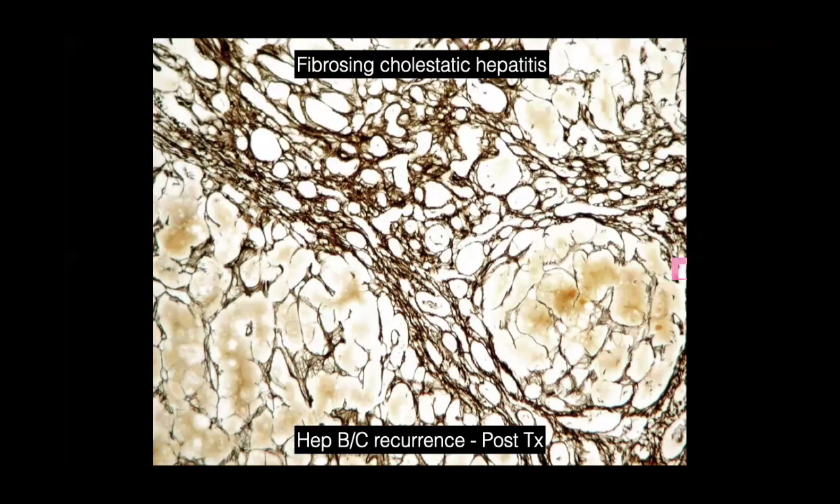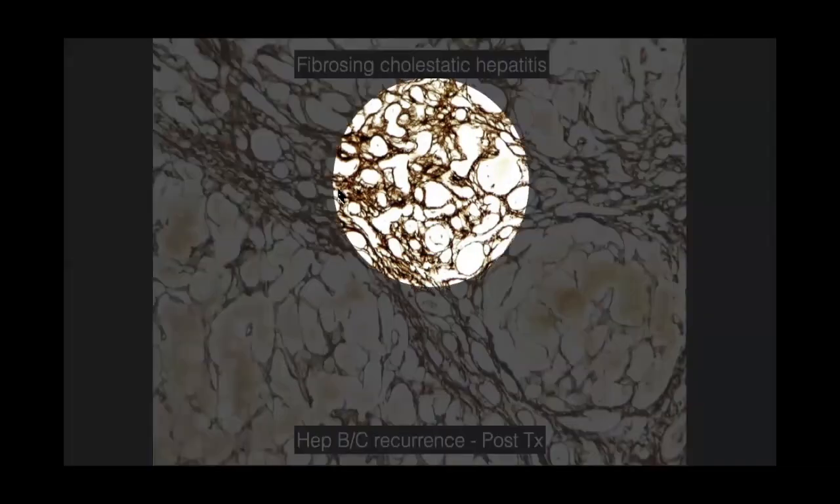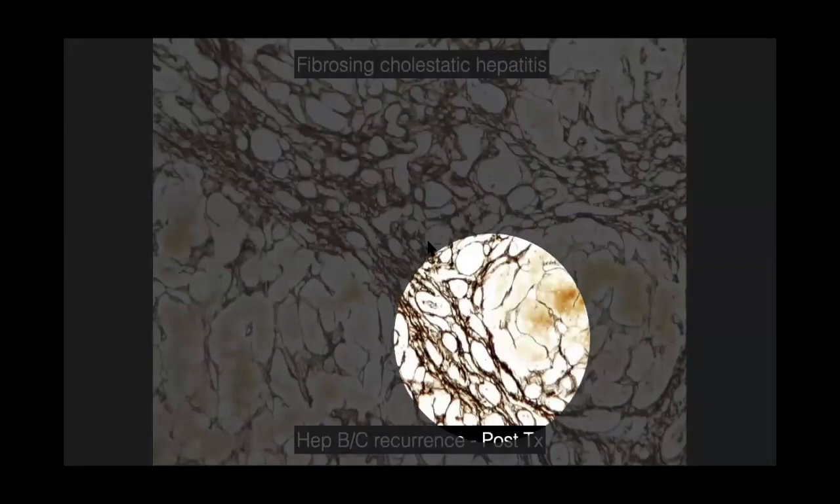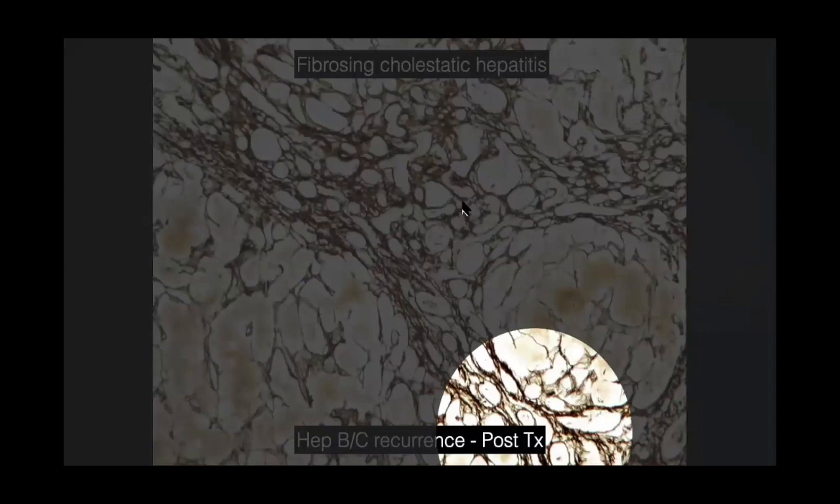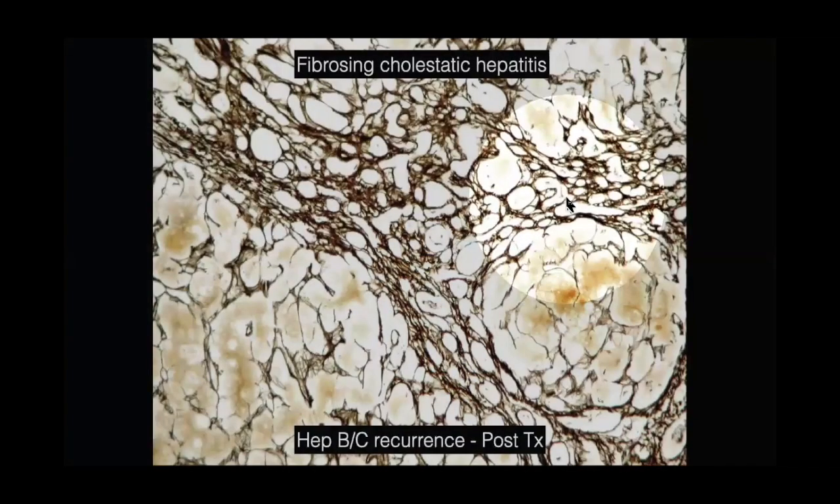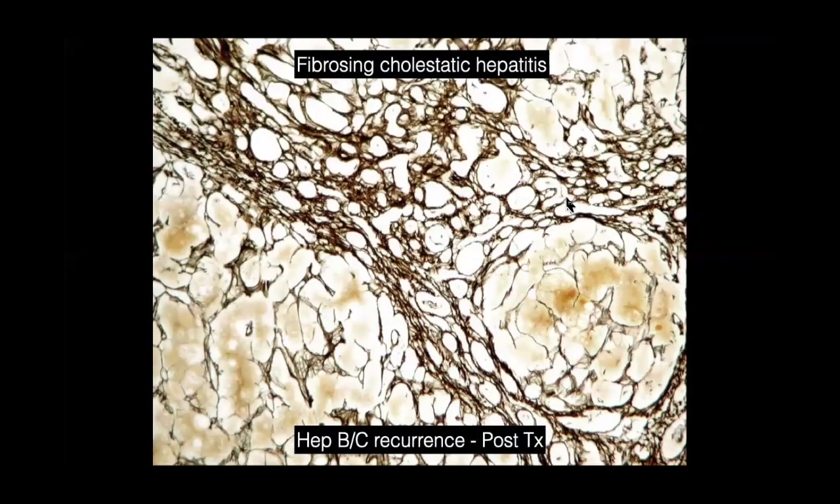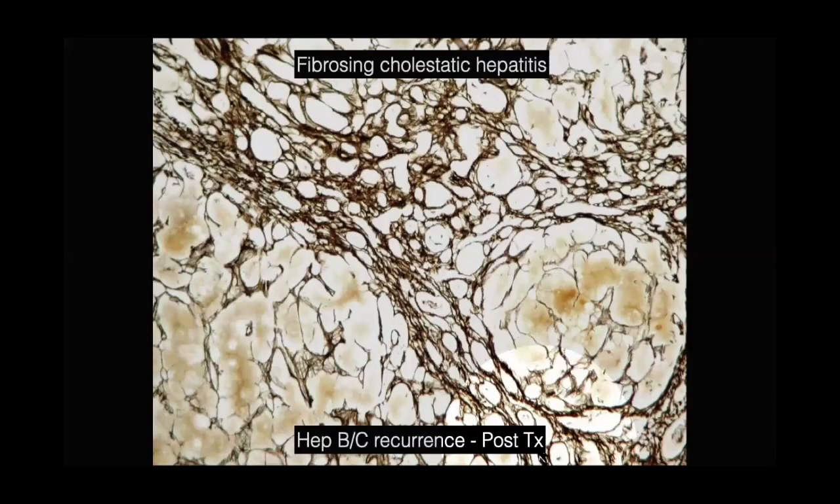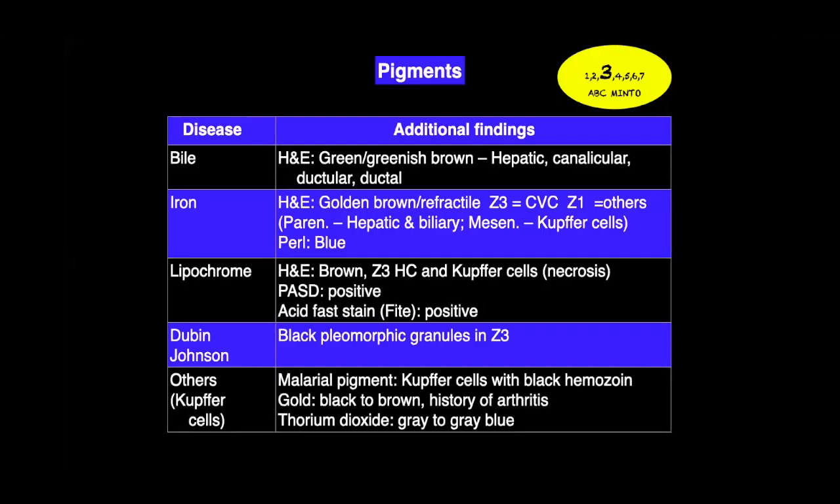It is a fibrosing cholestatic hepatitis. You can see extensive fibrosis forming pericirrhotic conditions. This patient had a history of liver transplant. So always think of hepatitis B or hepatitis C recurrence in post-transplant. So let us stop with that, and the pigments we will see in the next